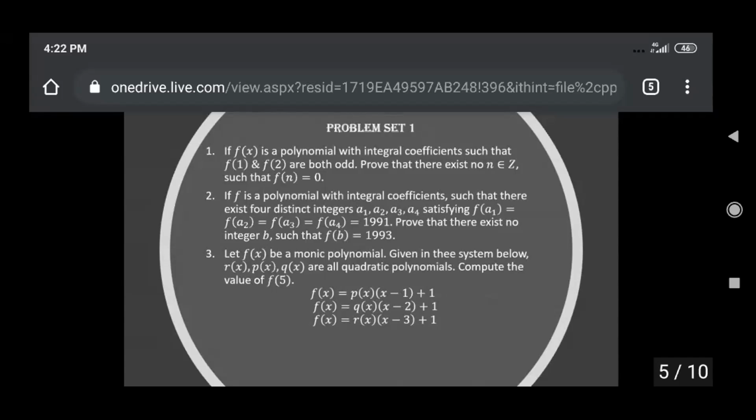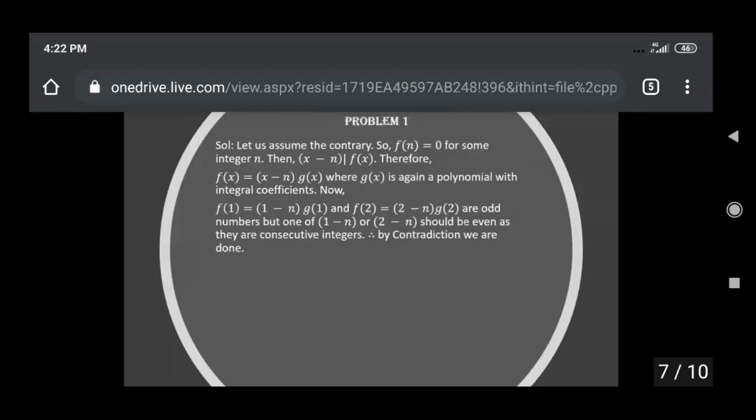In the last question we used contradiction. Similarly, we will use contradiction in question 2 also, and we will move ahead by considering that there exists a